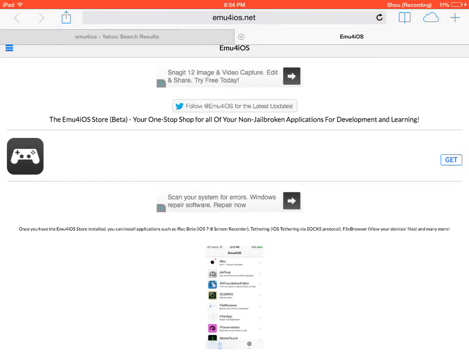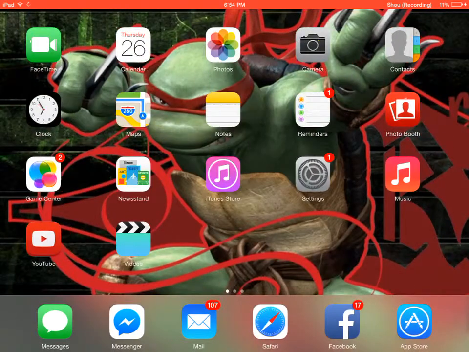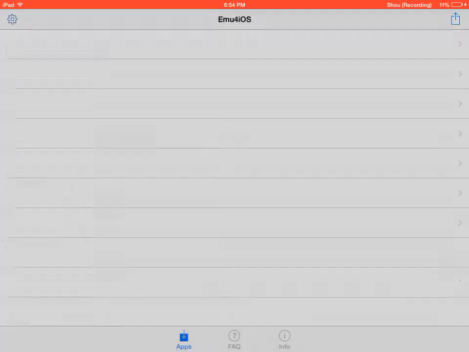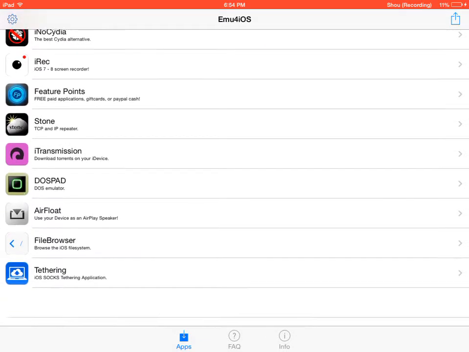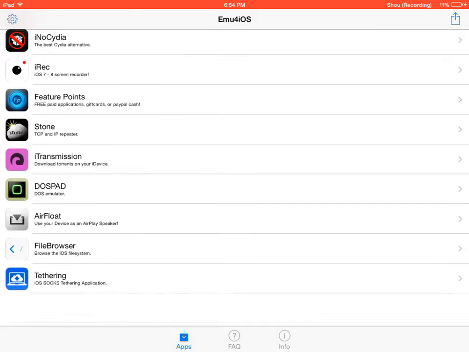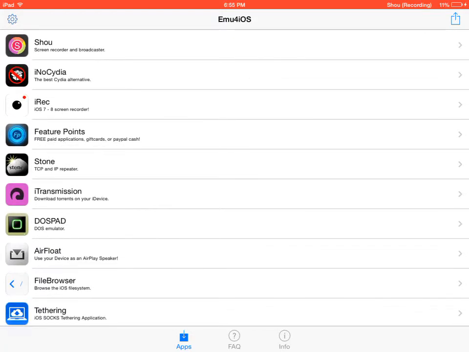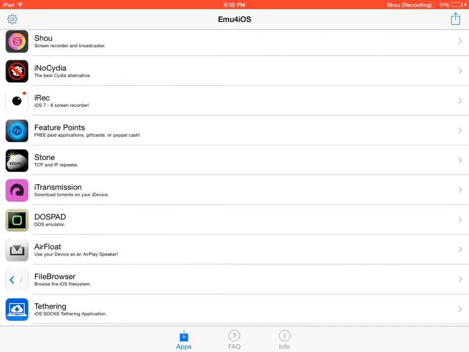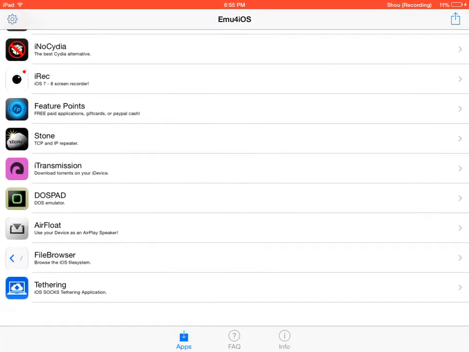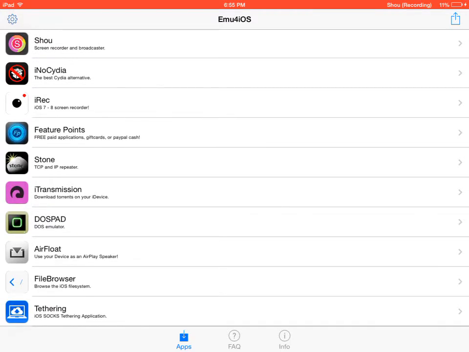Press get, and then when you have it, you go up to that and you go to download, and then you can download things like Chew, IO and NoSeggle, iRecord, and all of that. And so that's how you download it.